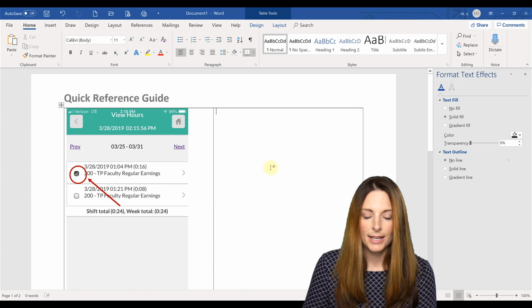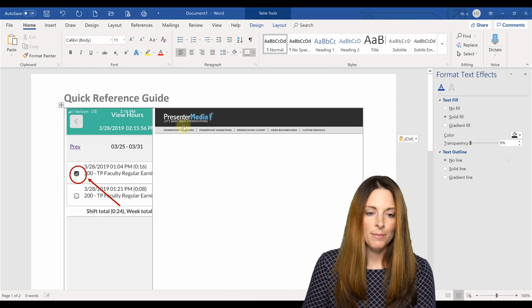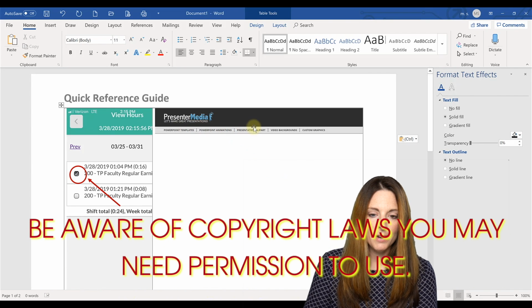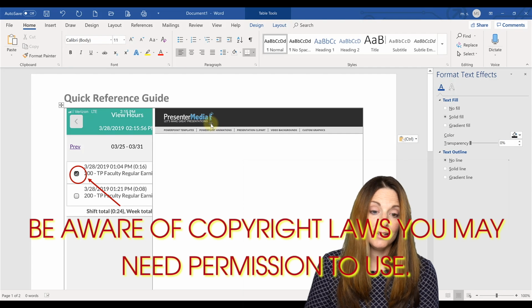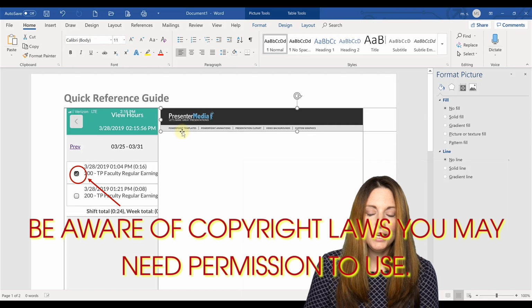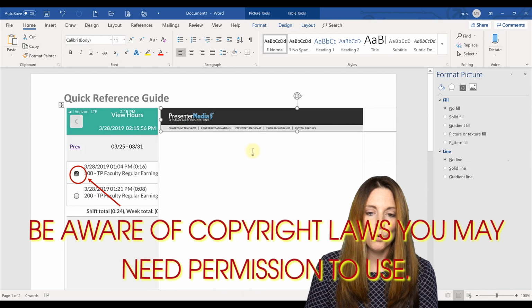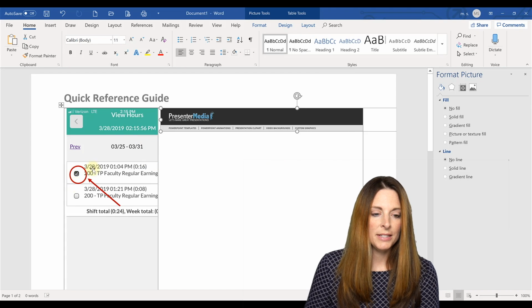And we'll say no thanks, and then we want to paste that screen grab into our document. We can do that by clicking Control V or right click and paste that in. So that will paste the screen grab into your document for you. And again, you can resize it, you can make it bigger or smaller by dragging and dropping the corners. So those are the quick ways that you can insert the elements that you want to draw onto either images